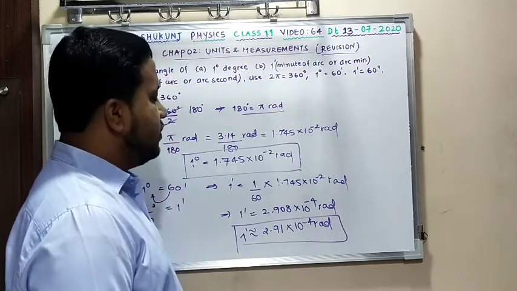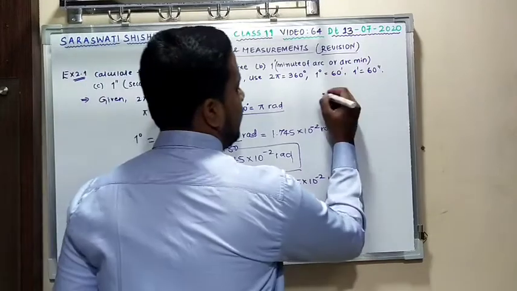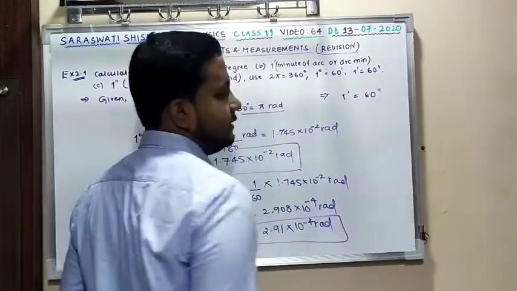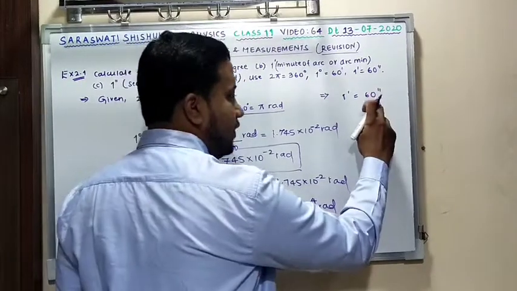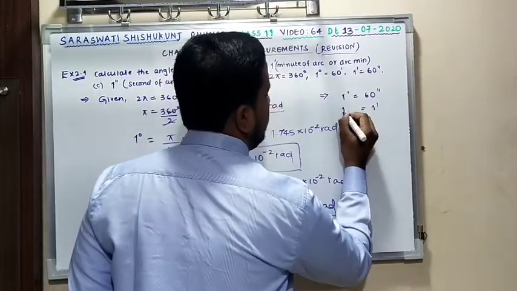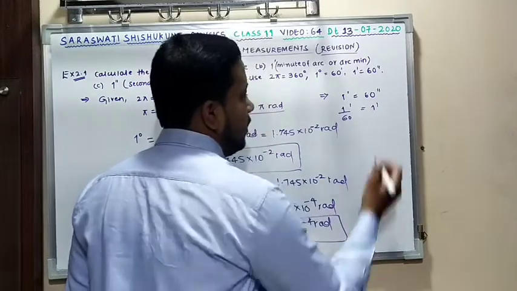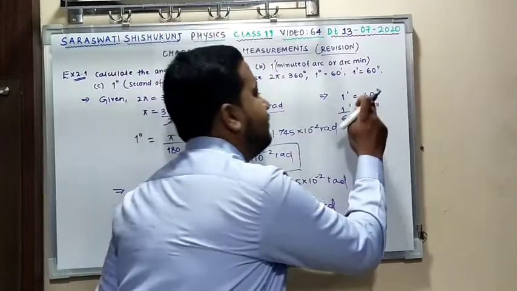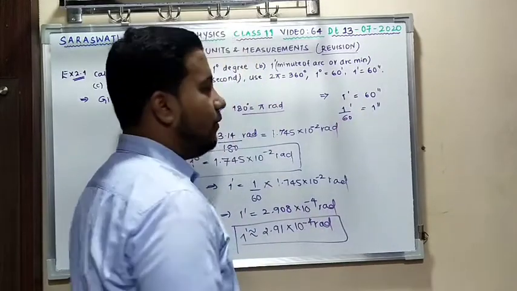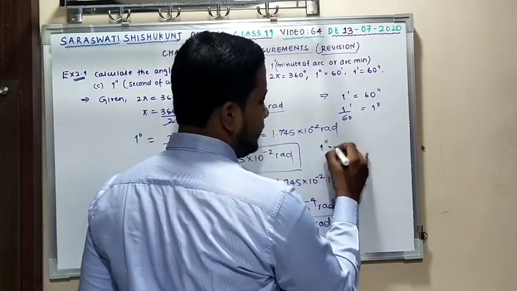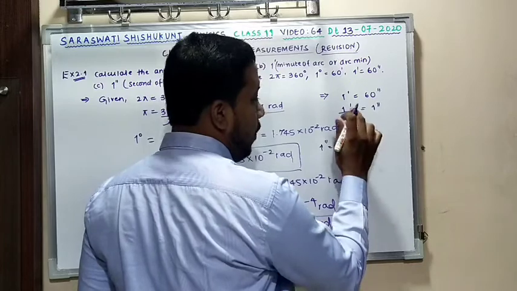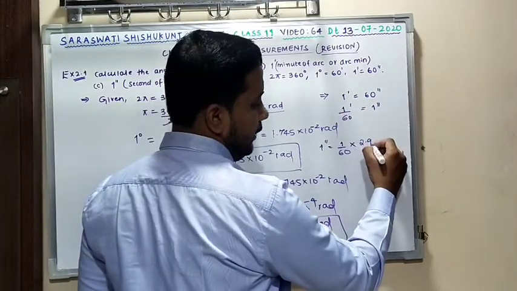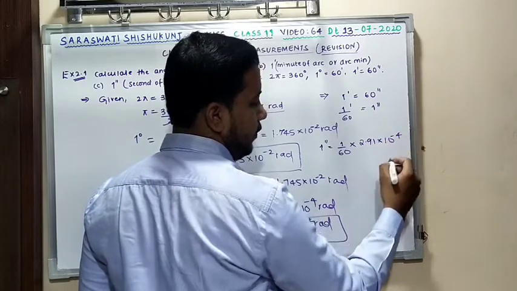Very good. Moving to the third, that we do have, that is again I am having, see, 1 minute, that is how many seconds? 60 seconds. If somebody asks 1 second, then 1 second that is equal to 1 by 60 minutes. 1 second that is nothing but 1 by 60 minutes. This 60 will come into the denominator. Now again 1 second that is equal to 1 by 60 minute, 1 minute into radian, I already have the conversion with me, that is 2.91 into 10 power minus 4 radians.